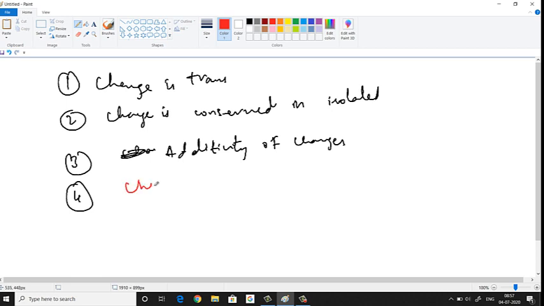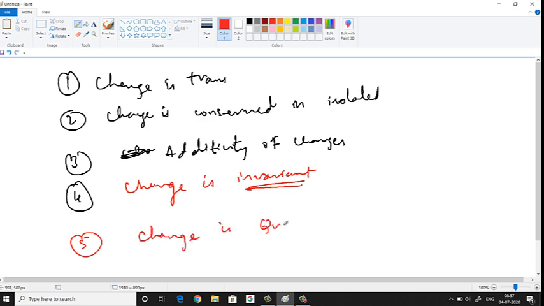And what else we saw? We saw that charge is invariant. What is the meaning of this? That the speed of the charge does not depend on frame. It is frame independent basically. From different frames, if you see, the speed of the charge should remain same. You just go through the notes for this part, you'll understand. Then we saw this charge is quantized. Q is equal to plus or minus Ne.